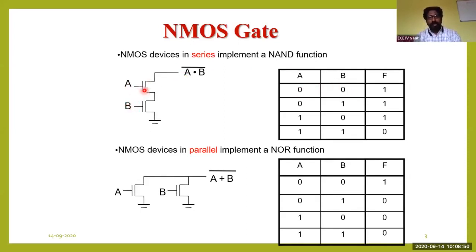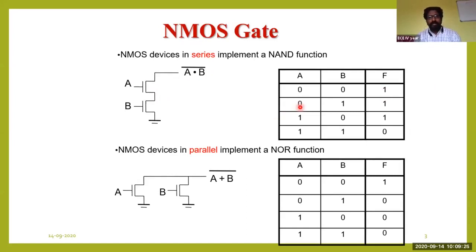We know that whenever the gate voltage is logic 0, the NMOS will be turned off. It means there will be no channel between the source and drain. That's why we cannot expect any kind of signal movement from the drain to source of an N transistor. So there is no channel here whenever the inputs are 0 and 0. Because of that, the output of A dot B is going to be 0. Since it is A dot B bar, the negation of 0 will be 1. So that's how you have got your output equal to 1.